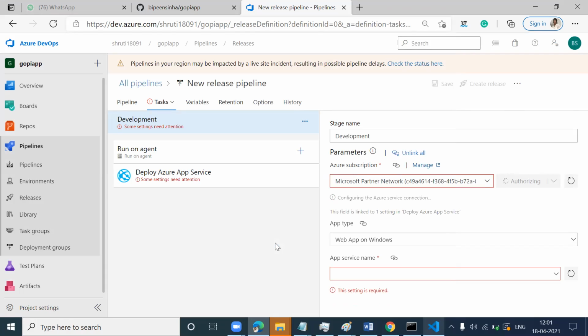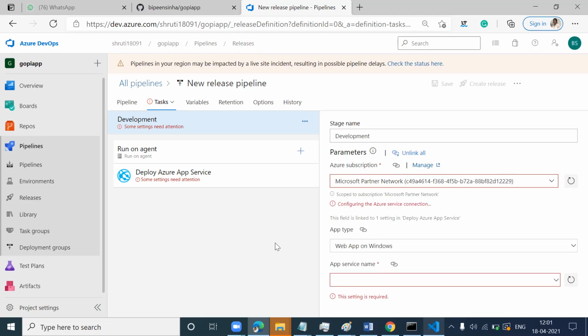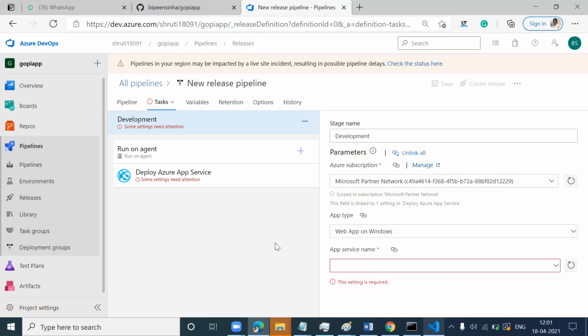So first we build our code and create an artifact, right? Stage 2, we create a release pipeline and authorize my Azure subscription. Once my subscription is authorized, we must have my app service with all three stages created in Azure. It says authorized, but currently when you drop down you don't see any app, because the app has not been created so far. So now let's create an app.